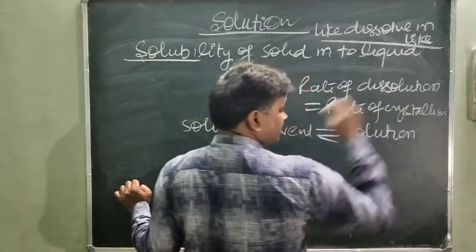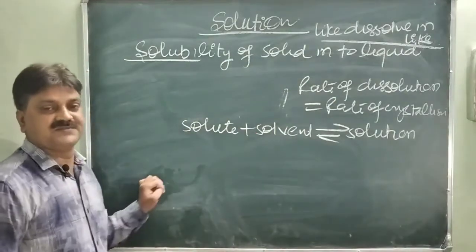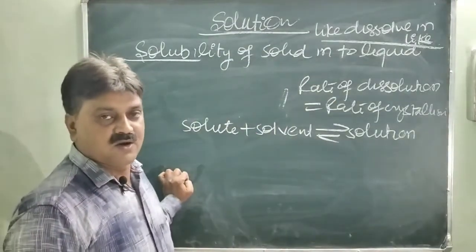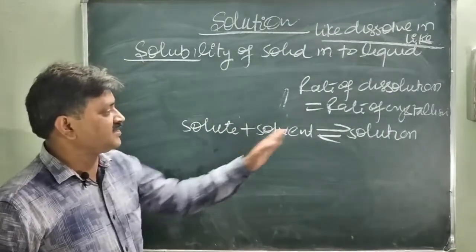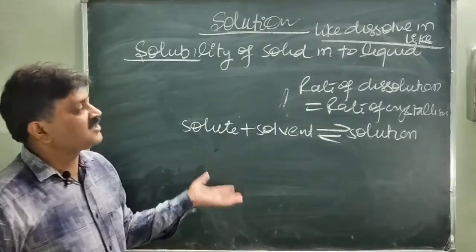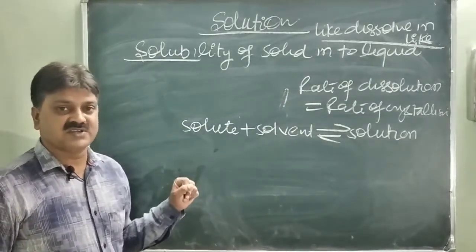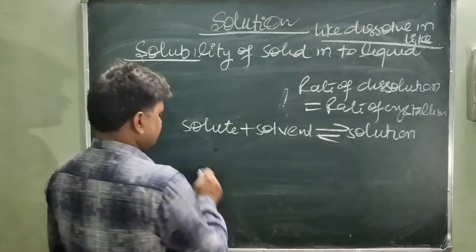Now we can show the effect of temperature on this equilibrium. How would you explain the factor of temperature in this case? Actually, according to Le Chatelier's principle,